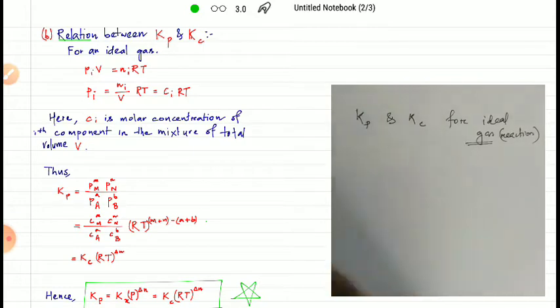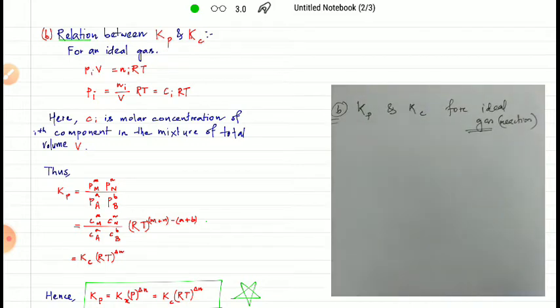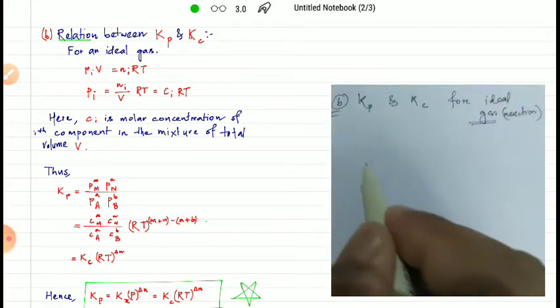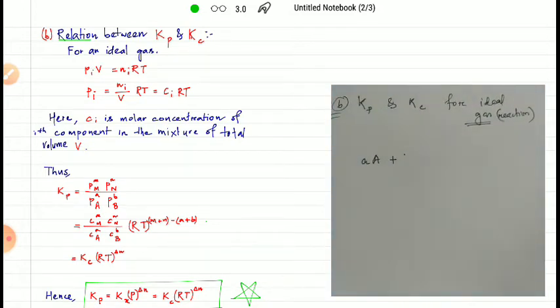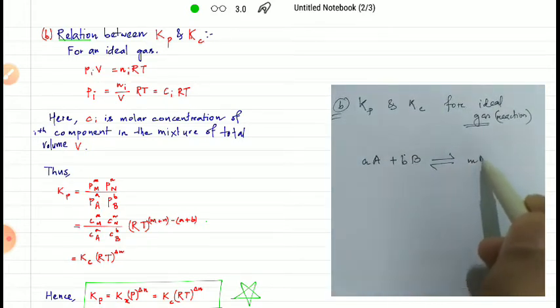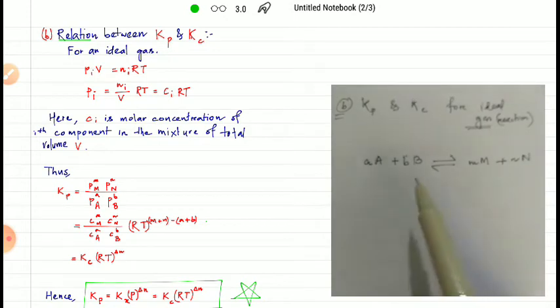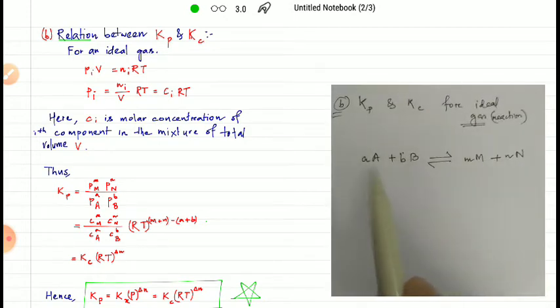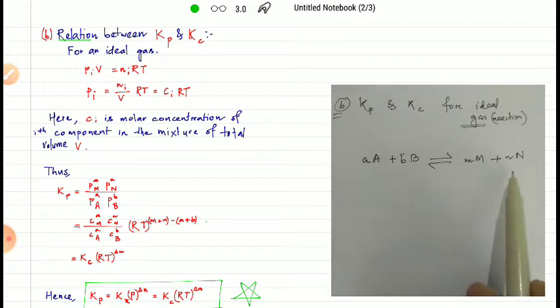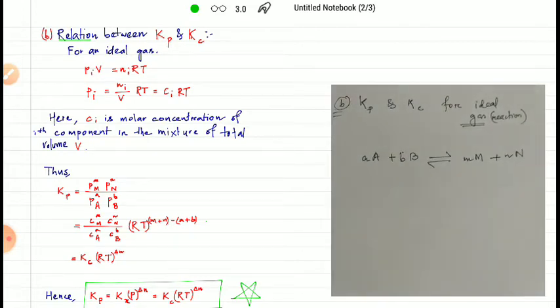So this is your part b, to find out the relation between Kp and Kc. Again, for ideal gas, we consider a reversible reaction where a moles of A react with b moles of B, and they give m moles of M plus n moles of N, under the same conditions. All of the reactants and all of the products are in gaseous state,